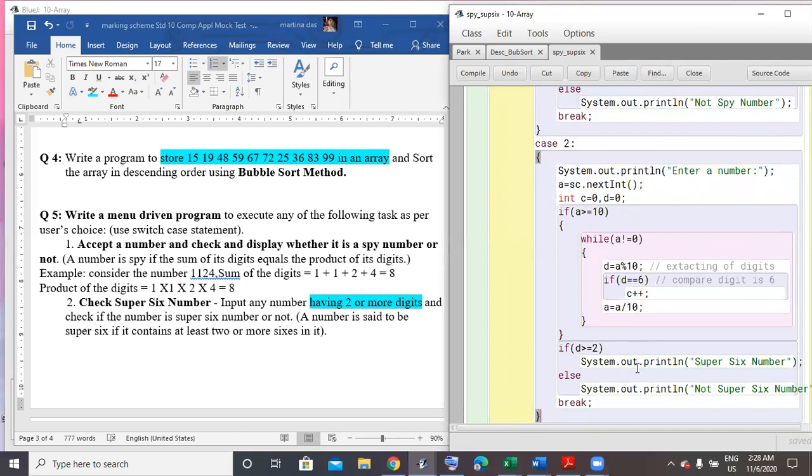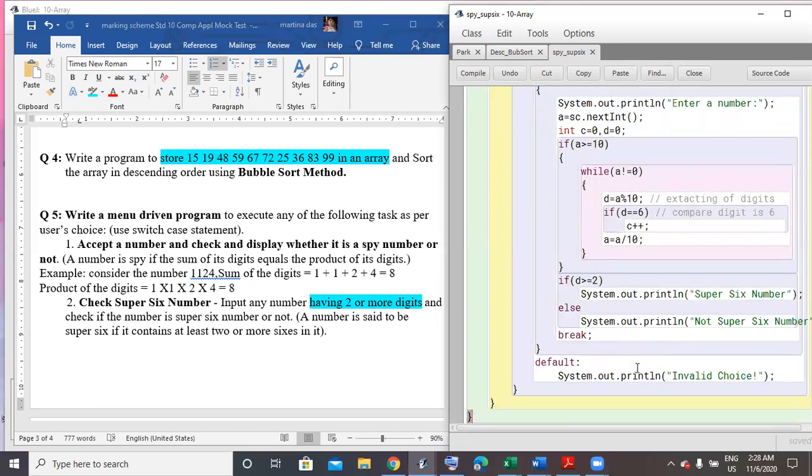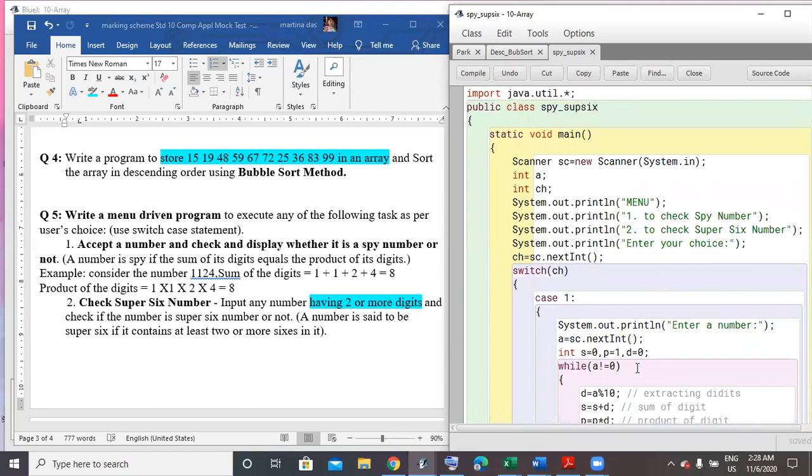Similarly after that you write break to avoid fall through. Last is default. If the user has entered neither case 1 nor case 2, then it will show invalid choice. The program will not end abruptly, as you know the logic of default. So here again, let us recapitulate. Since it's a switch case question, I prompt the user the menu, then the user enters the choice.